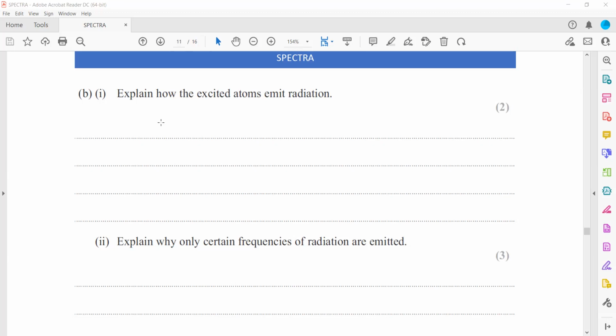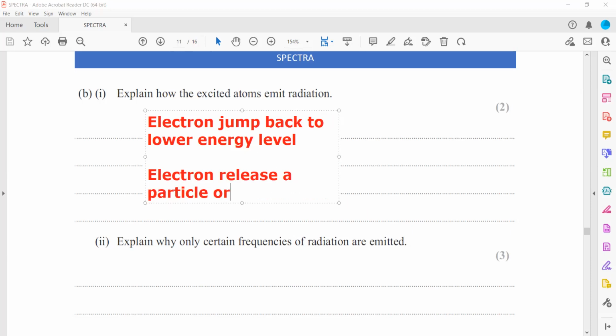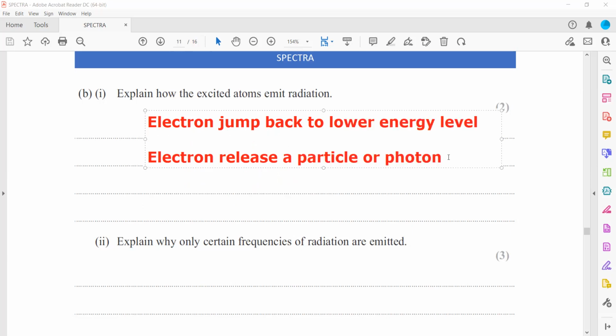So the electron jumps back to a lower energy level, the electron releases a particle or photon, you can say, and the energy of the emitted photon